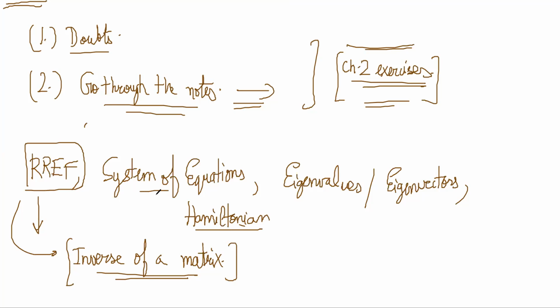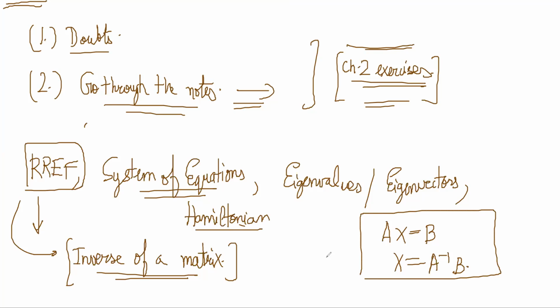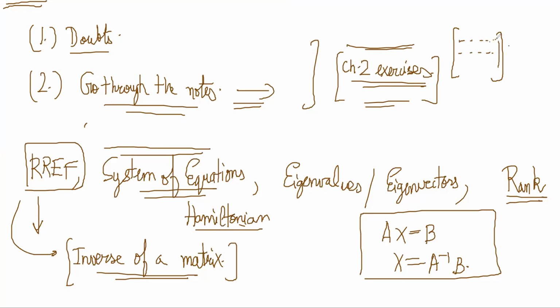Then how are you solving equations? If you're solving a system of equations using matrices, you have to write it in inverse form, no? We converted it into normal form, row reduced echelon form, or we use rank. Rank has been done. Right now you are solving equations by writing the augmented matrix in row reduced echelon form and checking the coefficients.